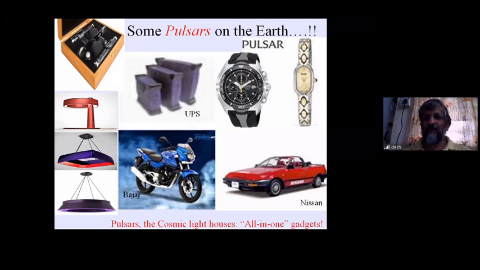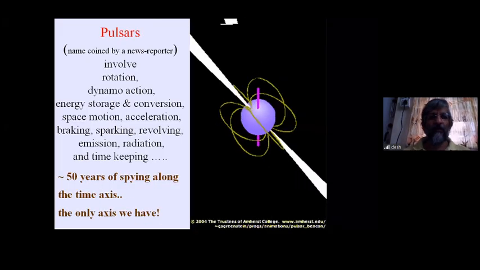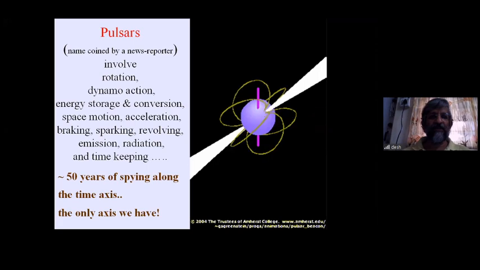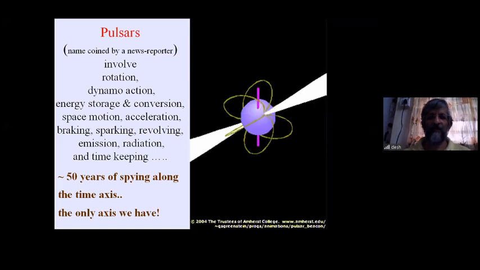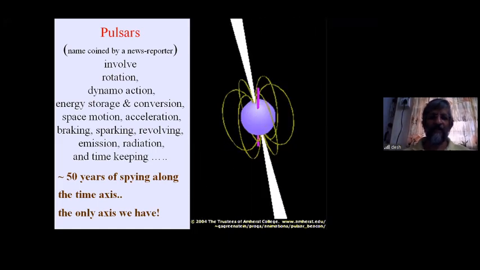These are not the pulsars that I'm going to talk about today, which are familiar objects around us, which you might have seen or even used at times. Although I put together this slide when I was talking to school children, I realize the relevance of it is actually deeper, because the pulsars that we're going to talk about today actually represent an all-in-one gadget. They involve rotation, dynamo action, energy storage and conversion, space motion, acceleration, braking, sparking, revolving, emission, radiation, and of course,